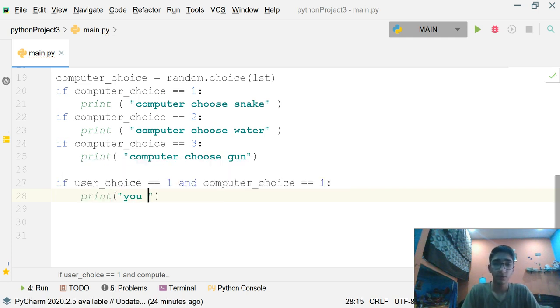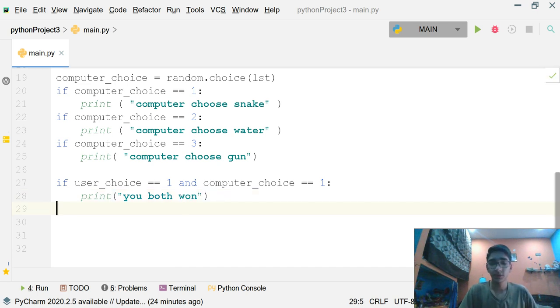What this line of code is doing is that if I choose 1, meaning snake, and the computer also chooses snake, then we have both chosen snake, and basically we both have won.